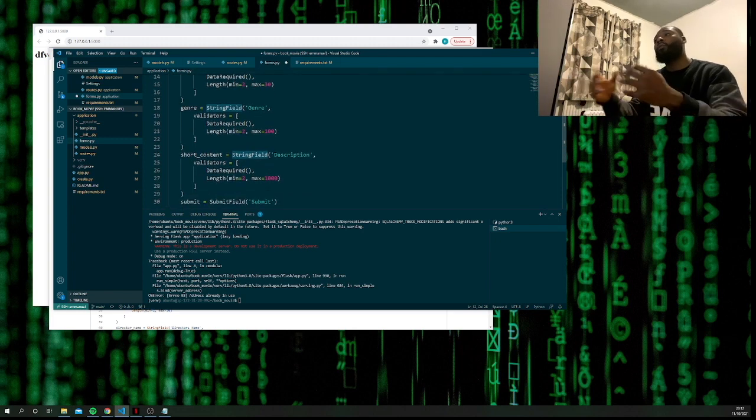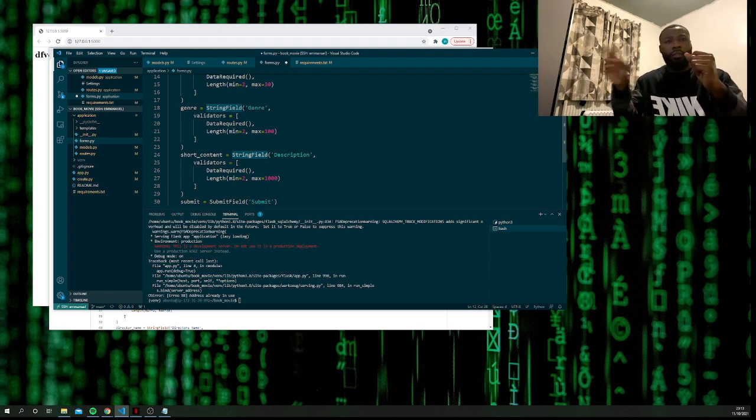And then of course, this is where it's quite important: the content of whatever book or movie they want to add. This will literally just give a description of what the book was. So once someone enters the site and they want to see the list of books or movies, they go on that page and they'll be like, okay, cool, makes sense. Here's the book, here's the name of the book, the genre of the book, and then finally a little paragraph. And I've given them a maximum of